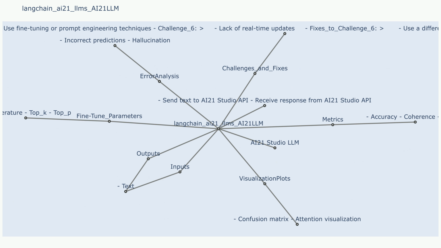Uncertainty methods. Uncertainty method 1: explain in detail. The AI21 LLM class doesn't explicitly provide uncertainty estimation methods within its interface. However, you can utilize external techniques like Bayesian inference or dropout to estimate uncertainty in the model's predictions. Uncertainty method 2: explain in detail. You could incorporate methods like Monte Carlo dropout or ensemble models to quantify the uncertainty associated with the AI21 LLM's